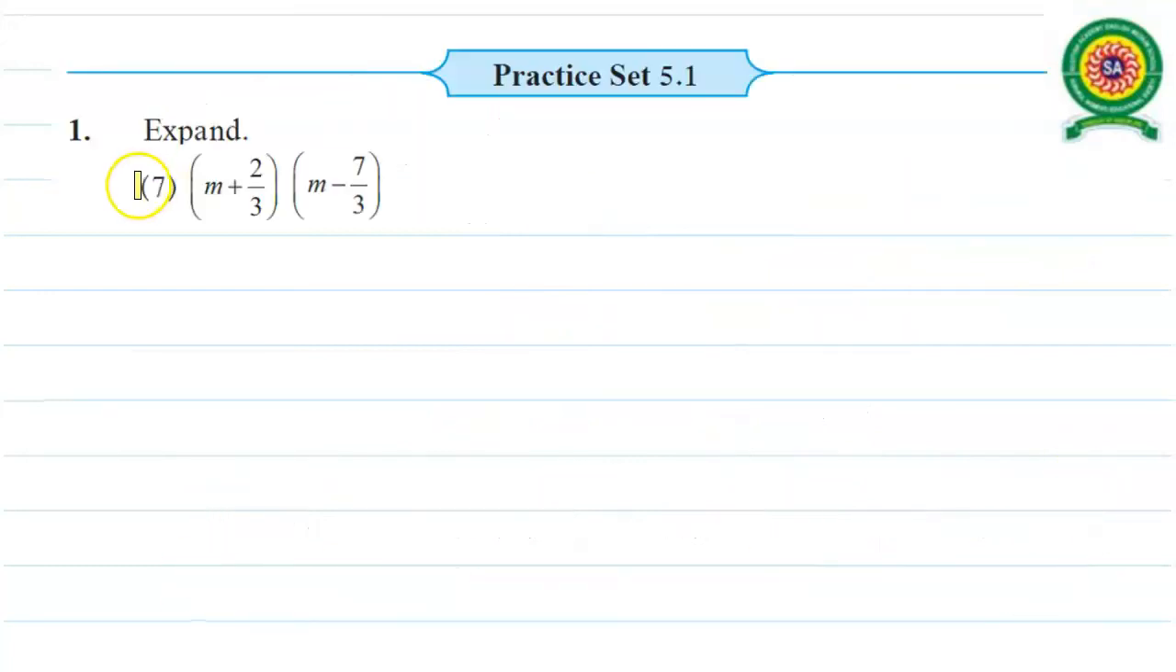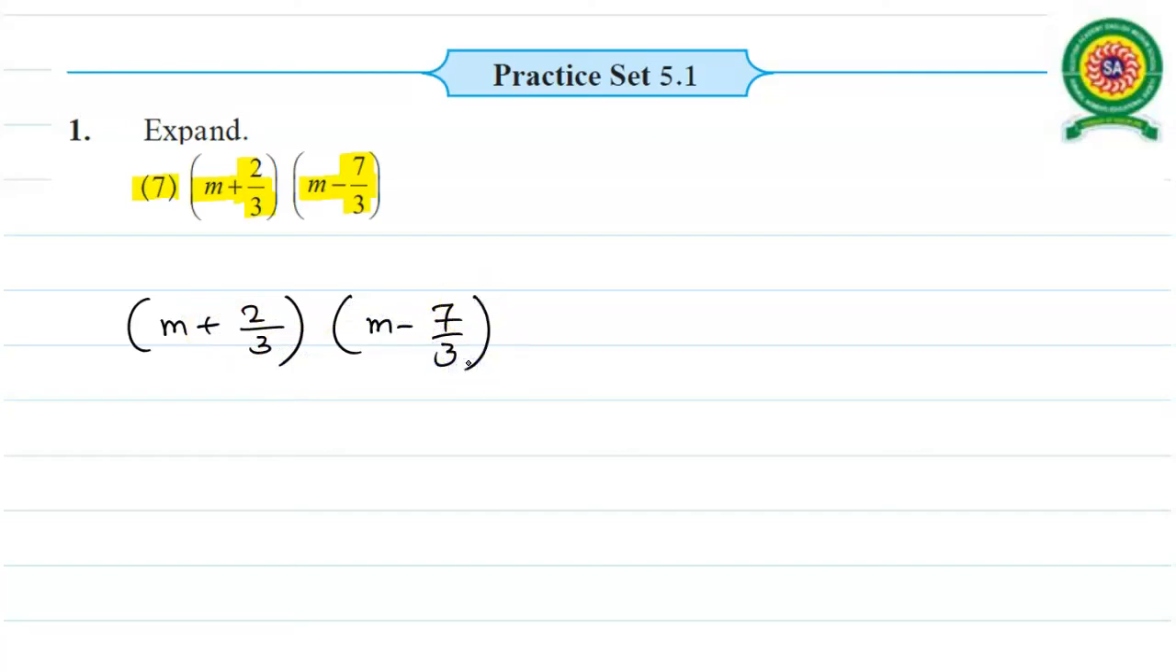Look at the seventh sub question. Expand (m plus 2 divided by 3) whole into (m minus 7 divided by 3). So I am writing the question (m plus 2 divided by 3) into (m minus 7 divided by 3). So let us try to distribute firstly m over the second bracket and next to it 2 by 3 over the second bracket, so that we are